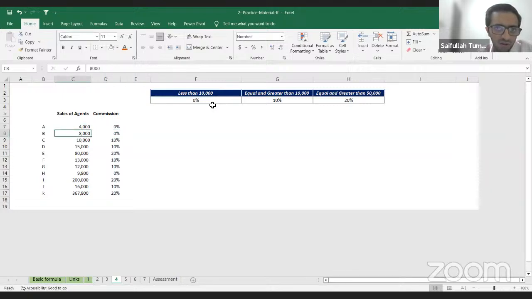It is neither greater than or equal to 10,000 nor greater than or equal to 50,000. It's only less than 10,000, which means he is entitled to 0% of the commission. It is called a nested IF. Moving on,